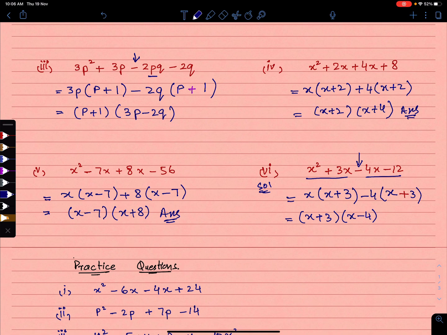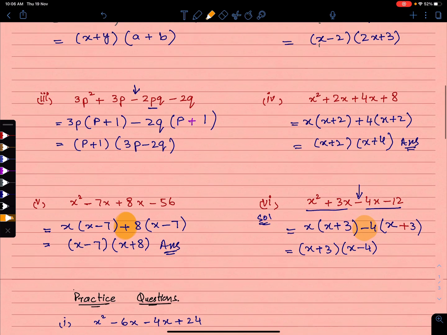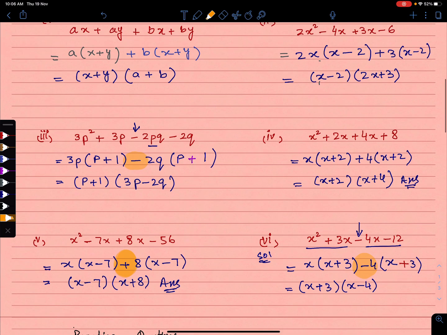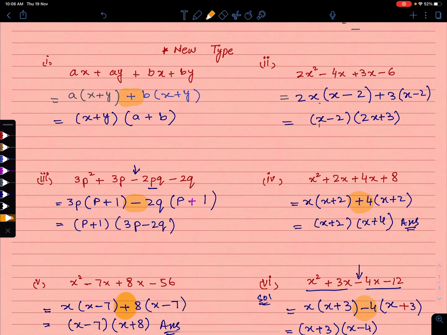Simply is that when we take negative sign before bracket, the sign inside the bracket will change. Here if you look at this, in this part here, this is positive, so that's why the sign will remain same. Here we have negative, so that's why sign inside the bracket change. If you feel above, here we have also negative, so sign inside the bracket change, while here we have positive sign, the sign inside the bracket will remain same. Here we have positive, so positive sign inside the bracket do not change. And plus 3, so sign inside the bracket will do not change. I hope you got it.